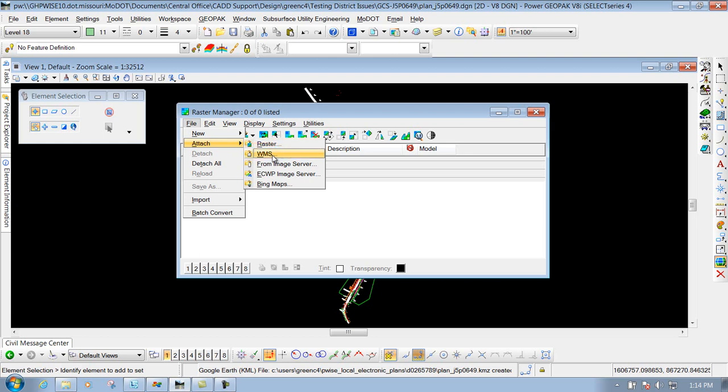The good thing about this WMS imagery is it actually gets pulled from a server from MISDIS, and whenever it does that, all that imagery is geo-referenced. So as long as you got the correct coordinate system applied to the file and you attach this imagery correctly, everything should line up pretty good. So we'll go ahead and click on the one that says WMS,